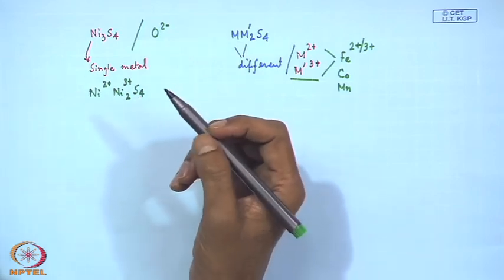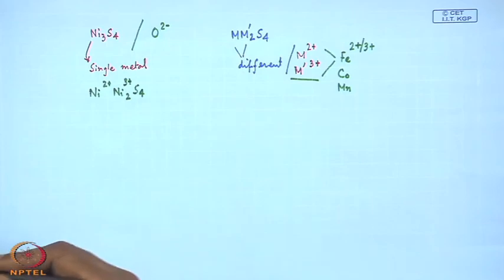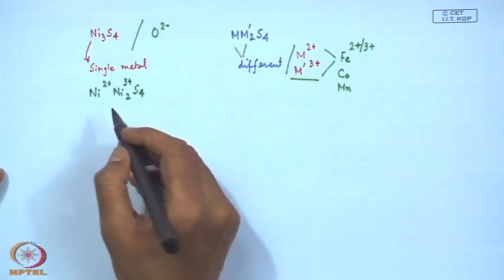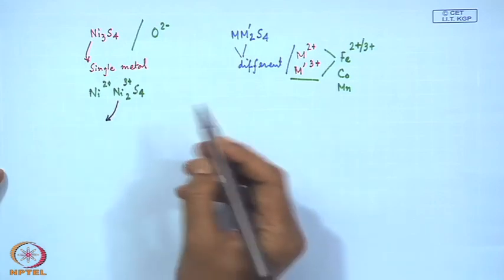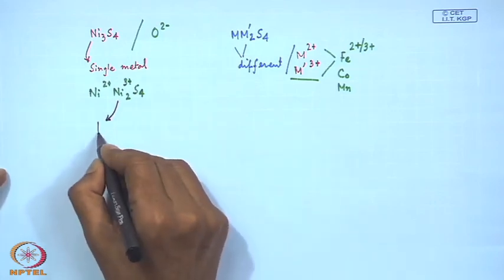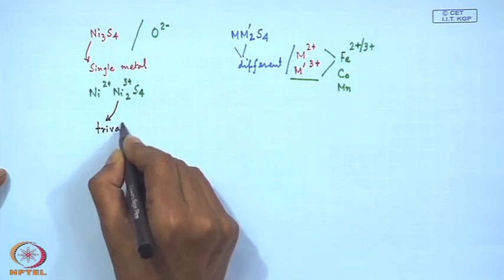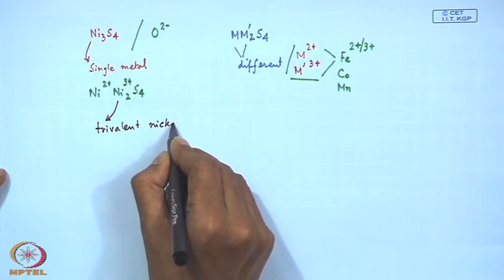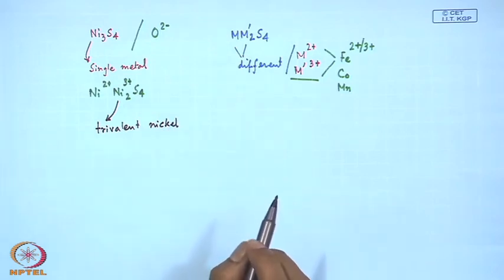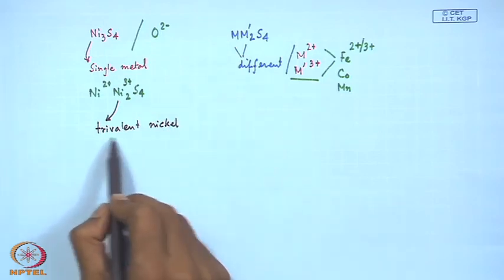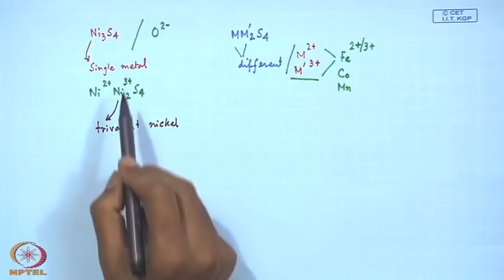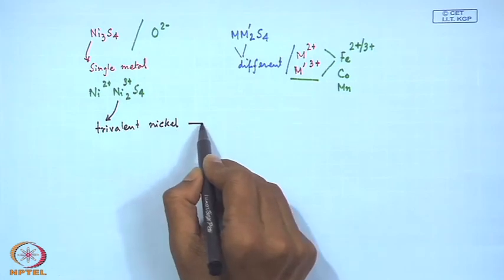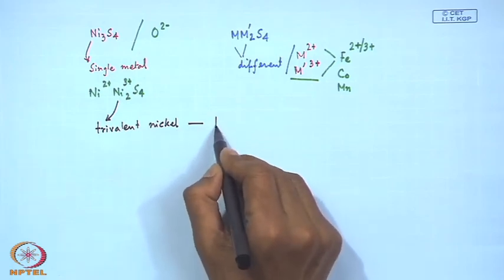So, in this particular environment, which gives rise to the corresponding trivalent nickel, which is not so common and rather unusual, this particular trivalent nickel can be stabilized, and spectroscopically we can characterize